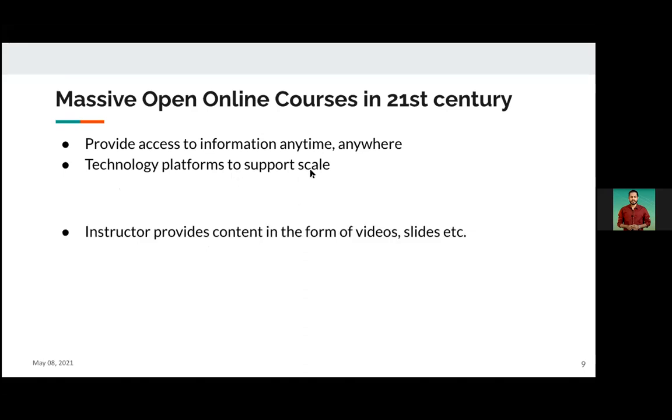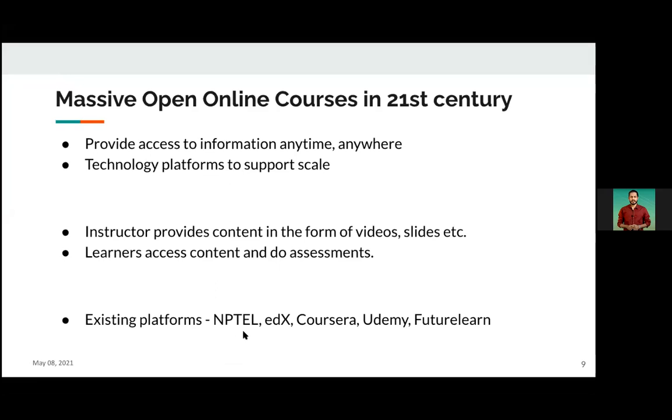And here, the instructor has scope to provide the content or learning material in the form of videos, slides, some text, and other resources. And what the learners can do is access this content and do assessments. What are some existing platforms? There are a lot of platforms available like NPTEL, edX, Coursera, Udemy, FutureLearn. These are some, to name a few, right?